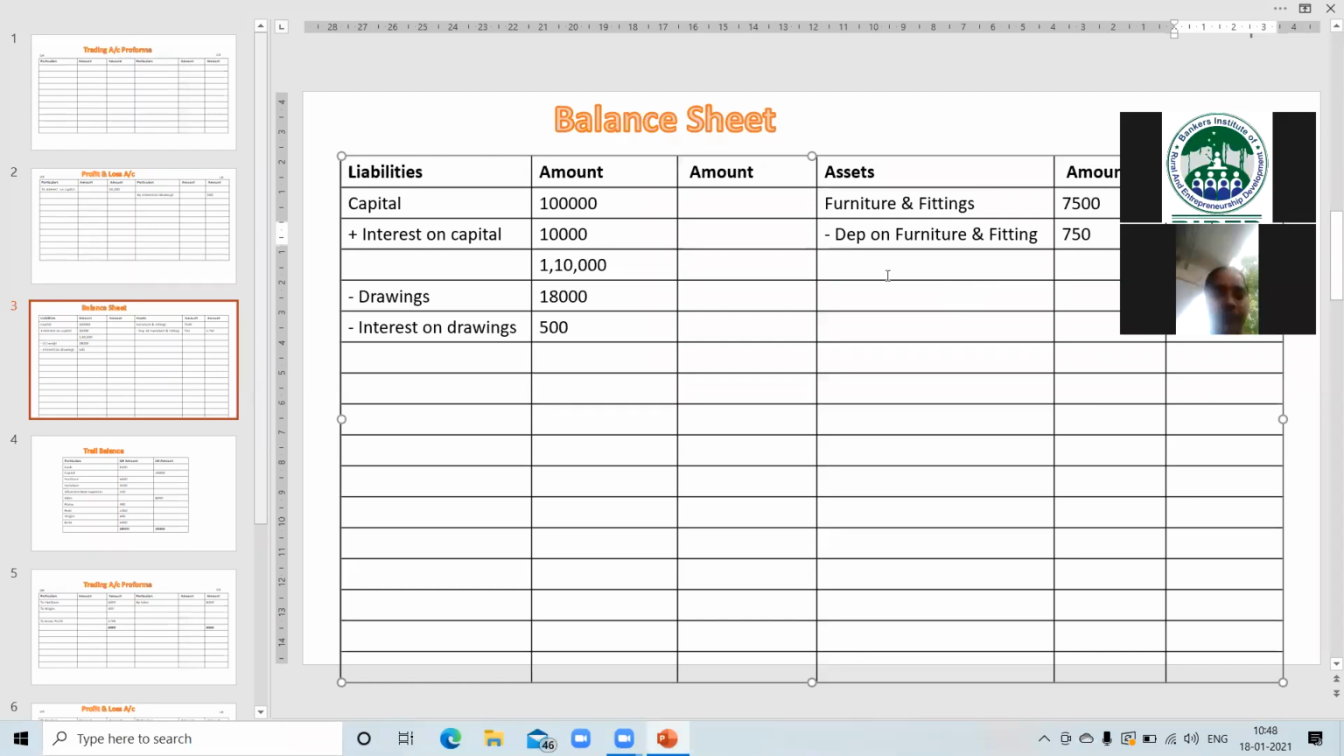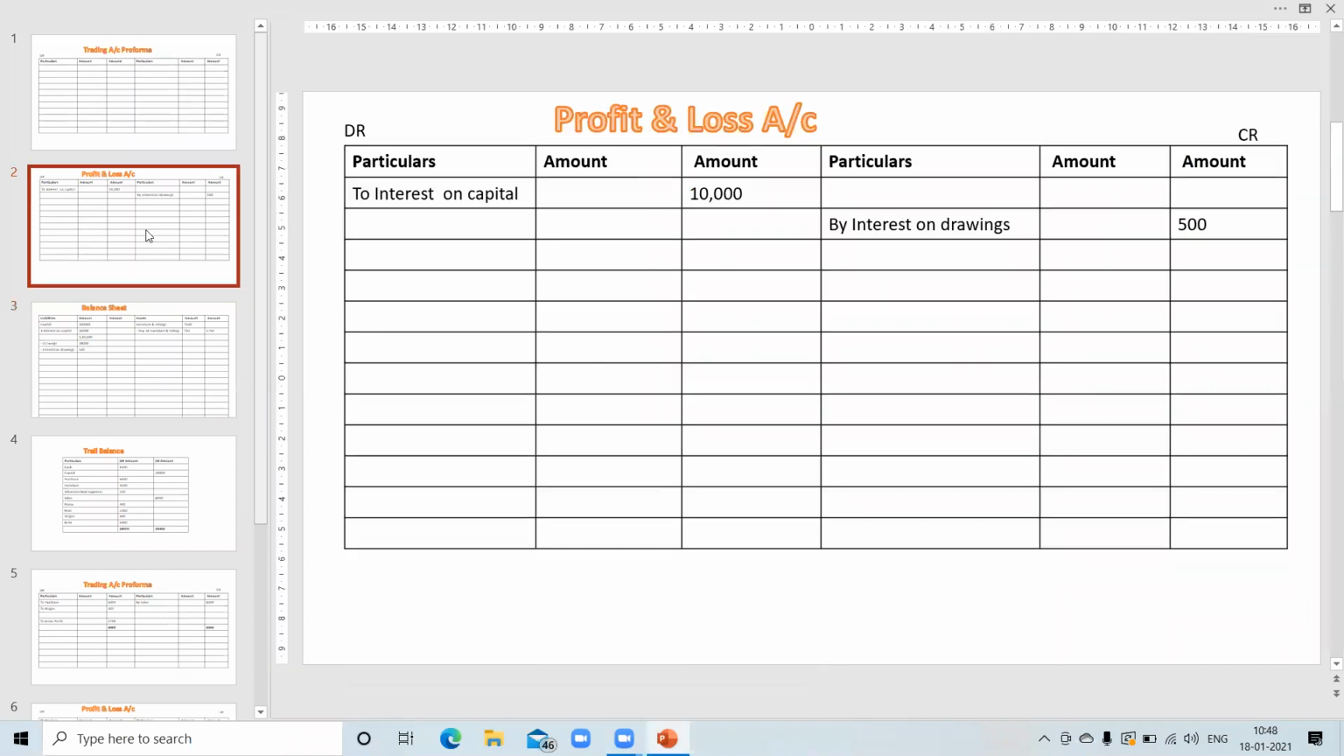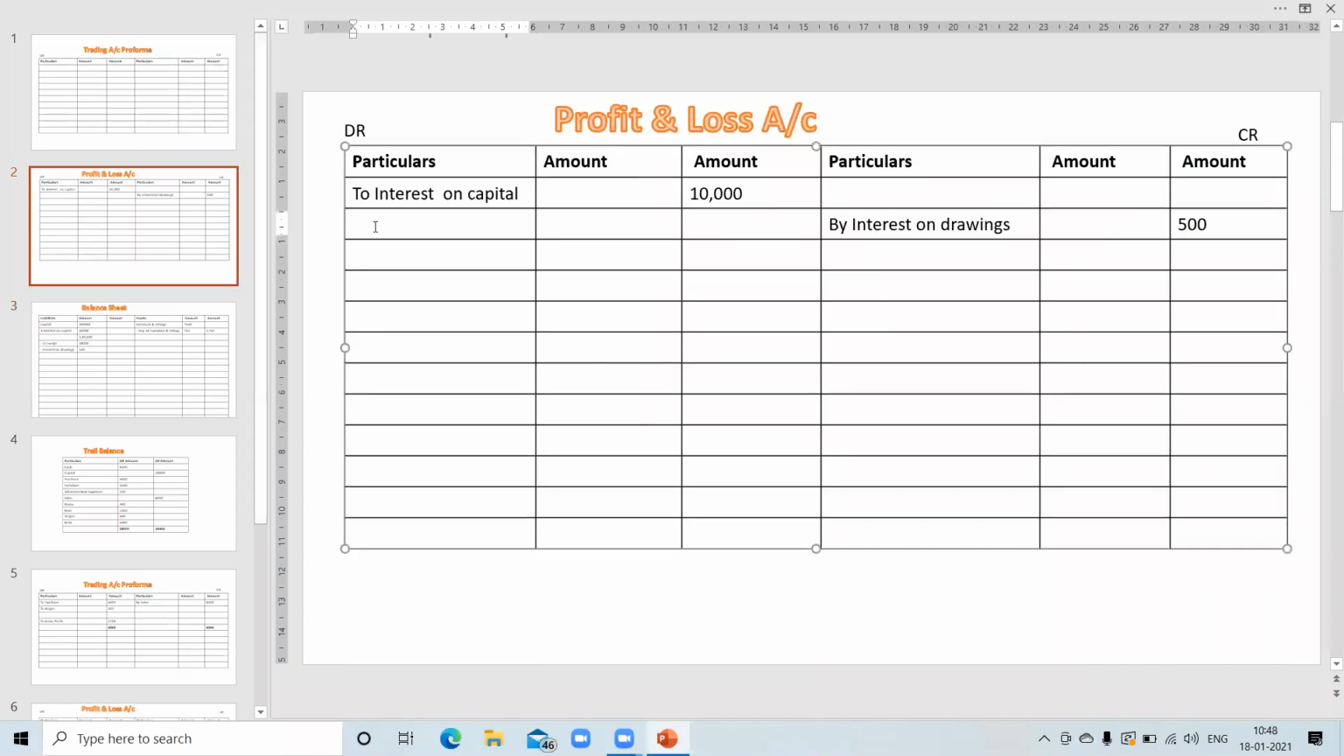Then, for example, every adjustment, if you write, is 2 times. Again, for example, depreciation on furniture and fitting is a loss of our company. Again, so every loss will now be posted as profit and loss account, debit side. To depreciation on furniture and